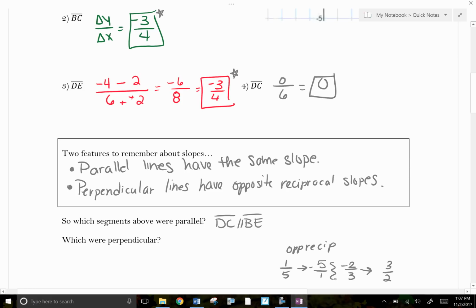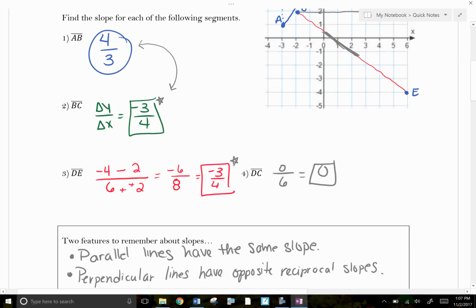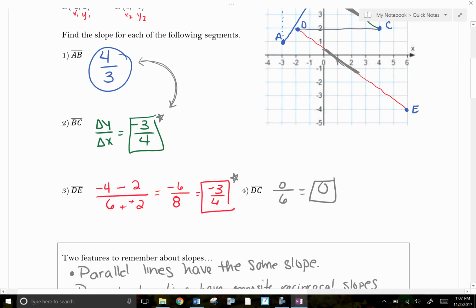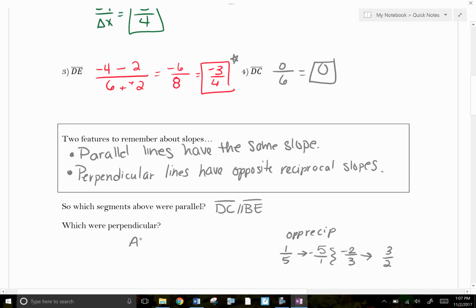Okay? So which are perpendicular up here? Well, which one's flipped upside down? Oh, this one. See, I even put the arrow to make you think upside down. 4/3, 3/4, but negative. So AB is perpendicular to BC,